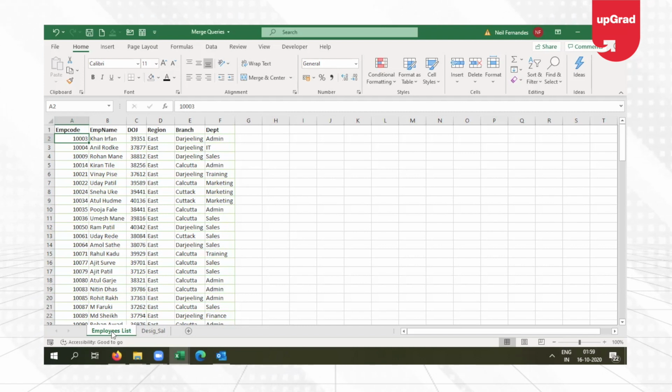Now the question is, why would I do merge query if I can do a VLOOKUP function? Imagine you had a database that you want to download or export from a different system or an application. When you got it from a different application, it was not clean. You had to clean all the data, do the filtering, change the case of the data, remove the spaces, everything, and then get the information from another database and do a VLOOKUP for that. All of these were manual tasks before performing VLOOKUP.